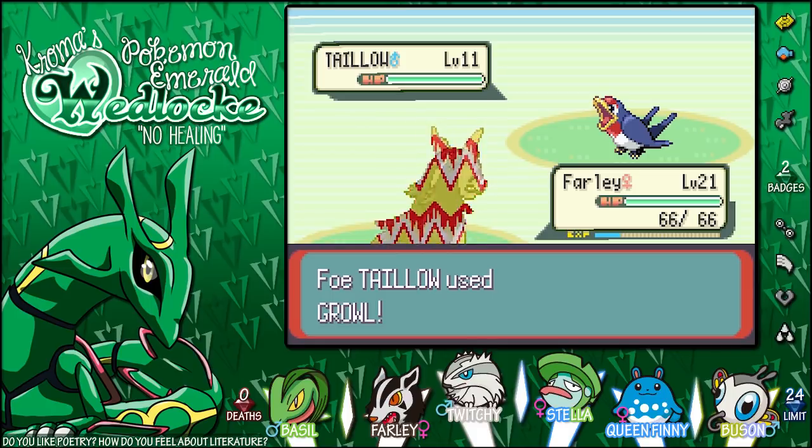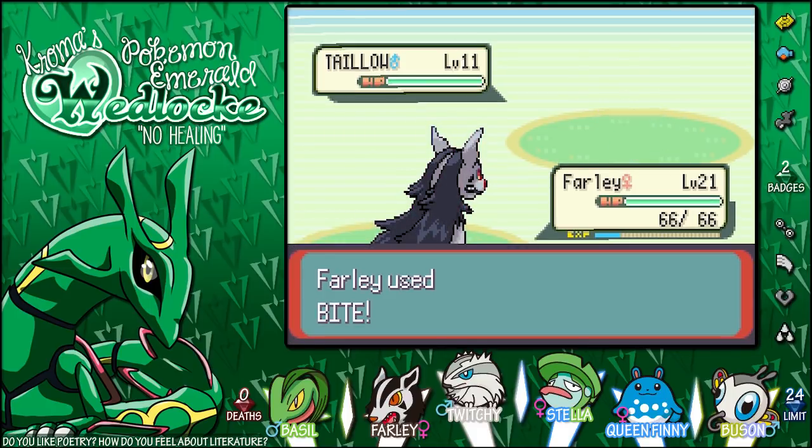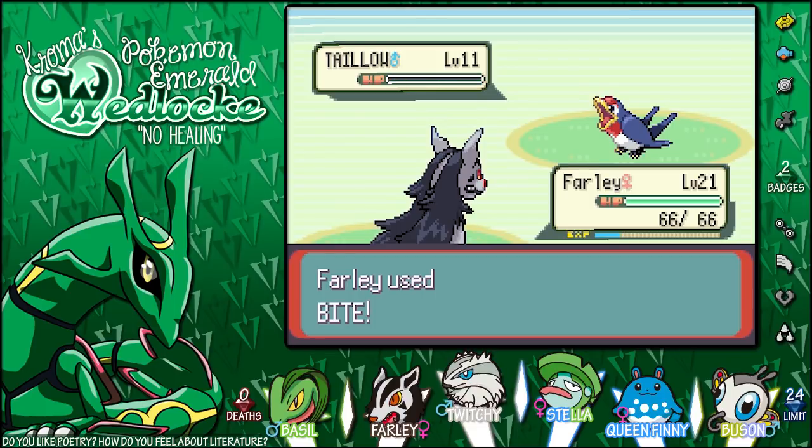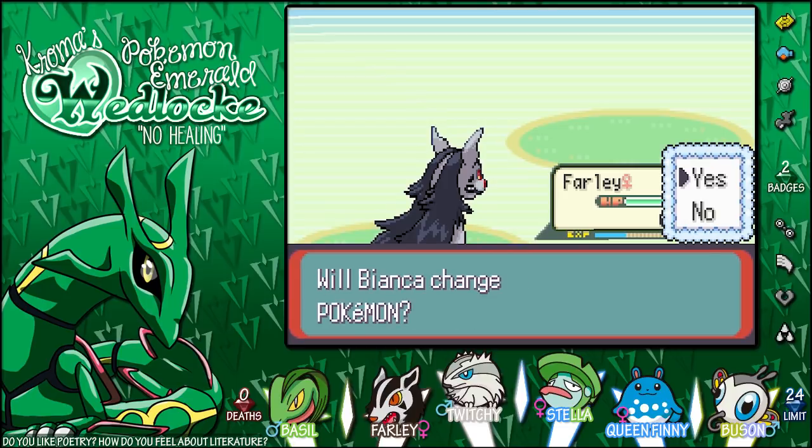And this was completely unnecessary damage on Farley as well, since I had to do a switch in that I wouldn't have had to do if I just would have switched out, but I kind of went a little too quick, not thinking that there would be a Taylor in our way. But that's all right. We took it out, no problems at all. And I know he does have a...